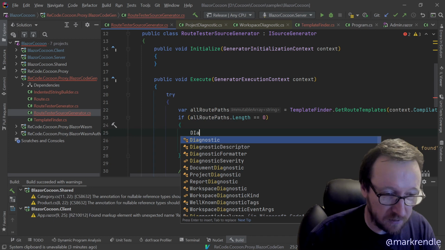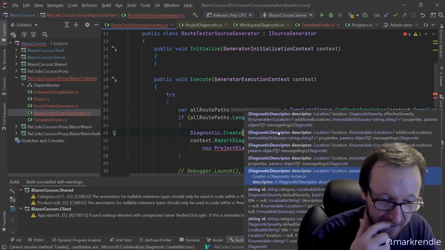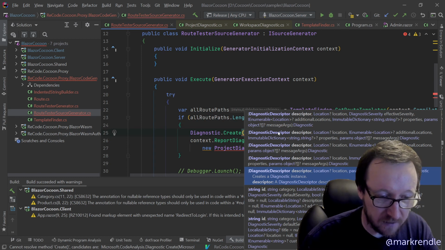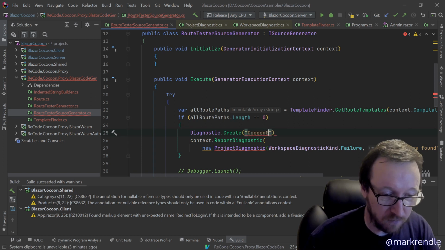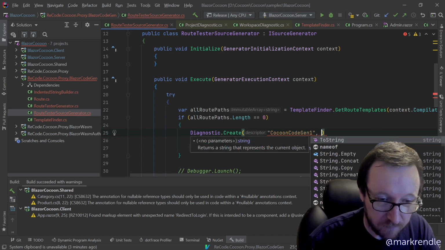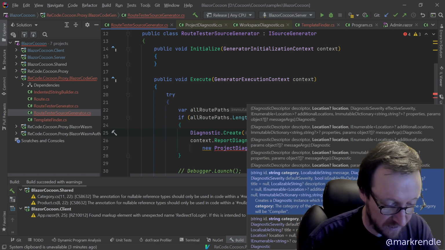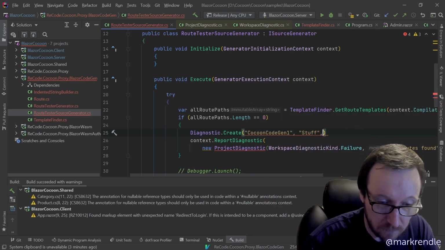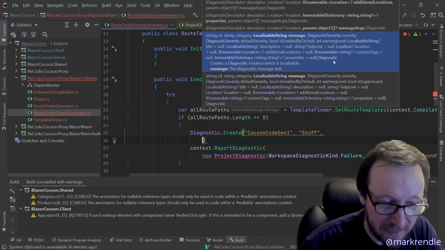Okay, so Diagnostic.Create. Whoa, look at all this stuff here. So we're going to, the ID is going to be CocoonCodeGen1, and then the, oh, this has come up here. Category is going to be stuff, and the localizable string message